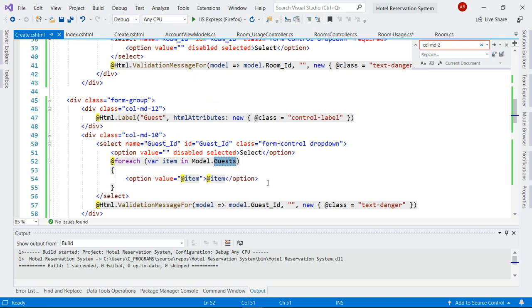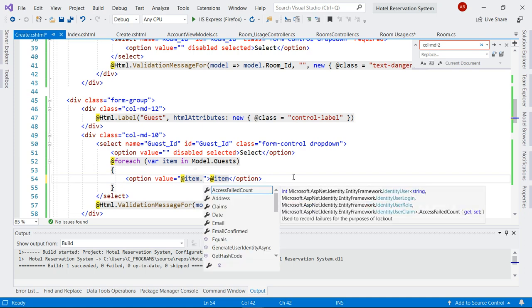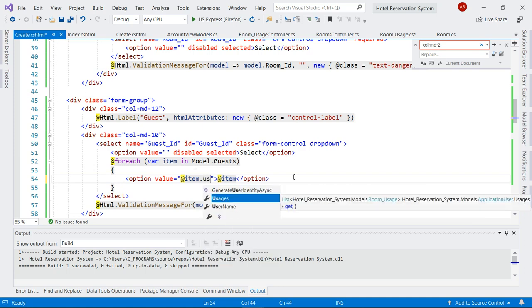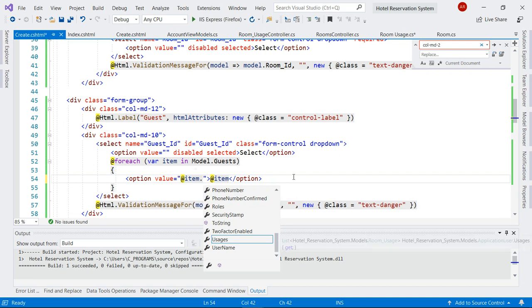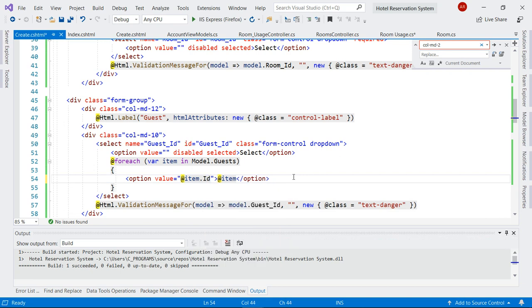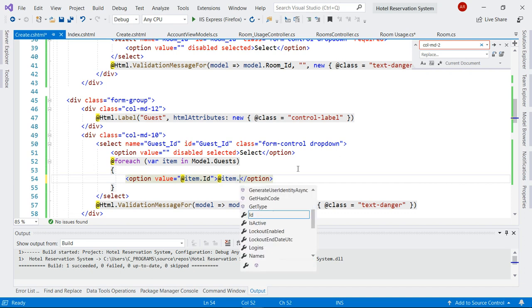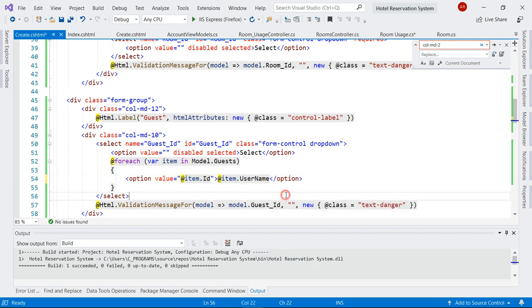Item dot username. Now I need the id. I need to pick their id here, and here I need to display their username. So now that I've done this,